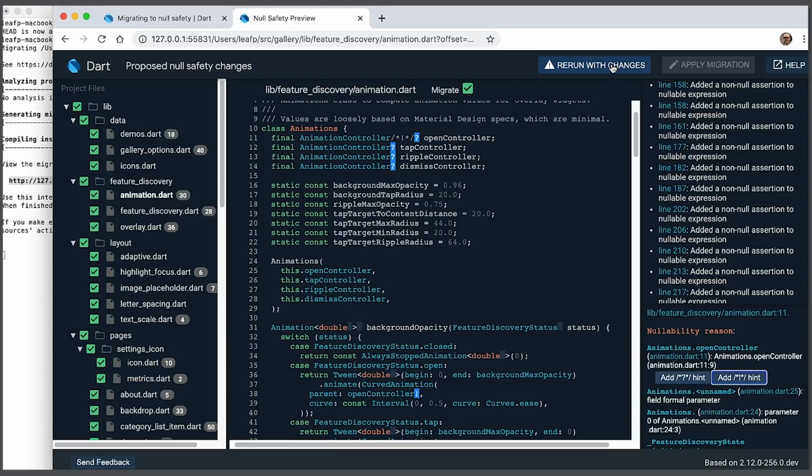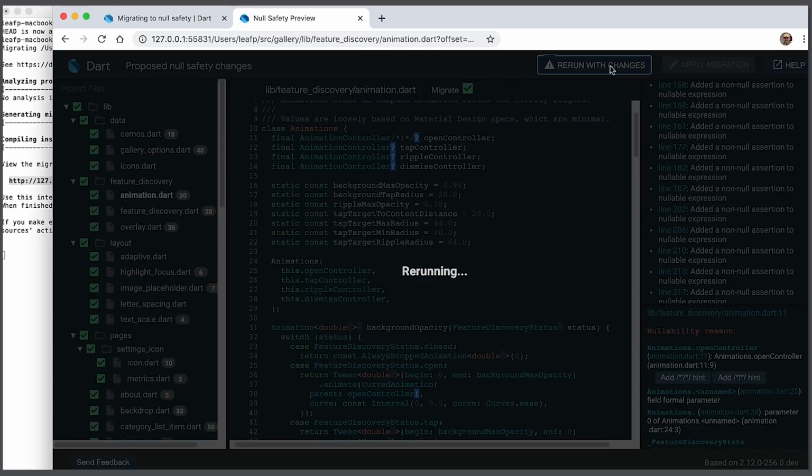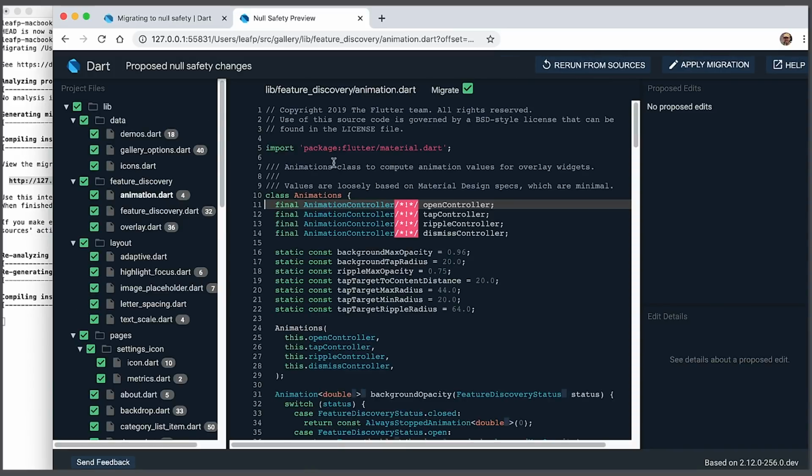Okay. So if we go back to the tool now, we can rerun the tool. There's this rerun with changes button that we're going to hit. When we hit that, it's going to look at the comments that have been added, look at any changes to the code, any refactoring you did, and it's going to recompute the set of suggested changes that it's going to make to your code. So it is doing exactly the same work. And our hope by adding these non-nullability assertions is that we're going to make the rest of this code cleaner, right? Okay, so this is the output.